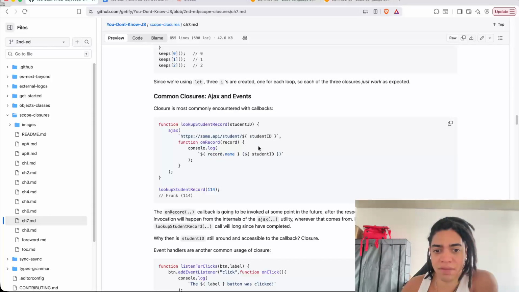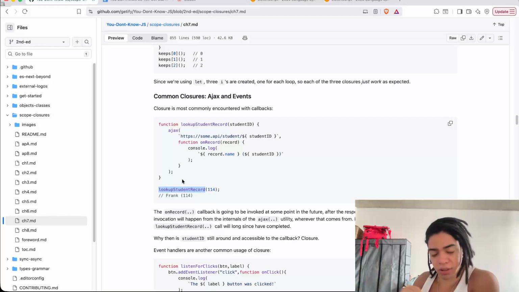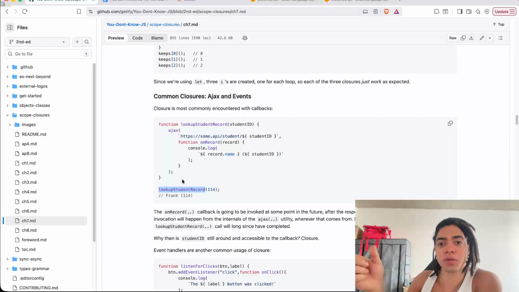And I also have the student ID, right? And then is when the code is going to be evaluated here. So you call the lookup student records, and then this calls the Ajax with this parameter. So it creates now a function. Okay, so the lookup student record creates now a function execution